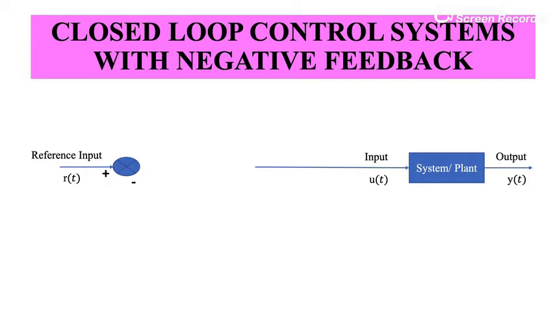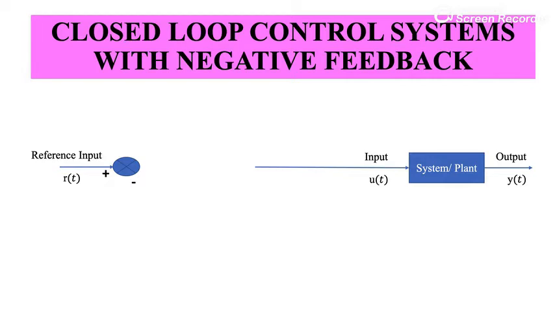Please note that in this particular course we are dealing with dynamic systems. Time is the independent variable and all other variables are functions of time. Okay, so time is the independent variable in this system. We see that the input, output, and the reference input in general can be a function of time.